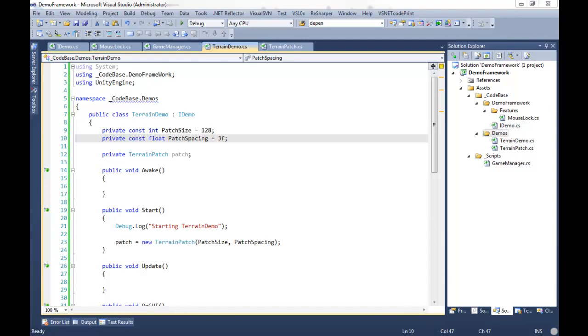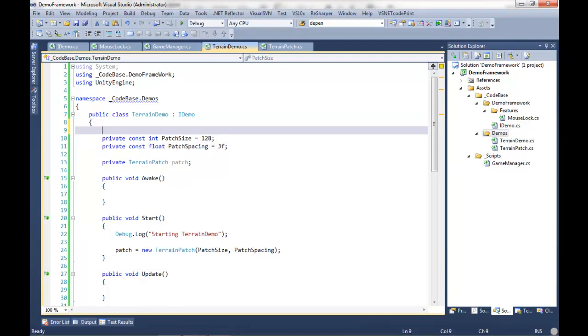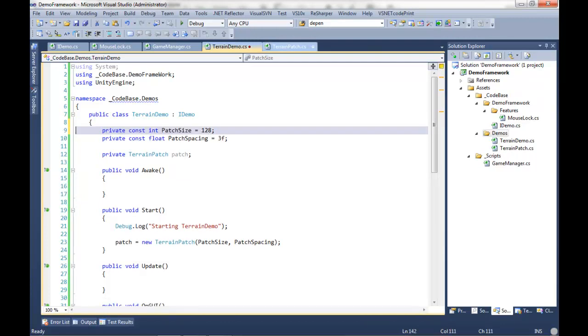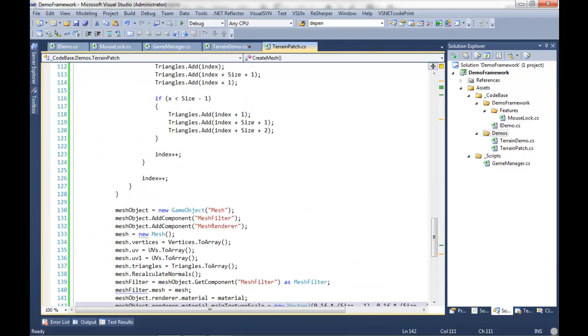Earlier I was saying, you were whining about the random noise on the terrain, so I threw something together. Show him some random noise first. All right. So right now we just got flat terrain. Right. Boring. Yeah, it is really boring. I don't want to put it here though. I want to put it in terrain patch. So let's go ahead